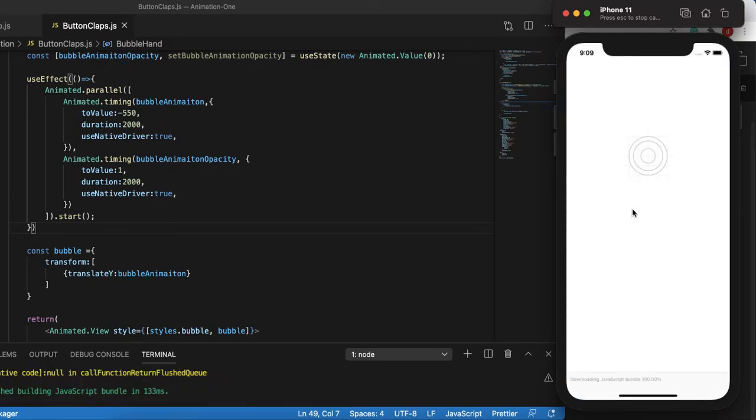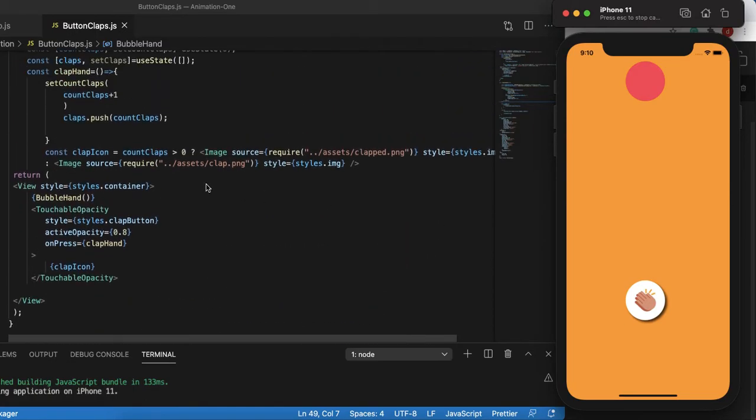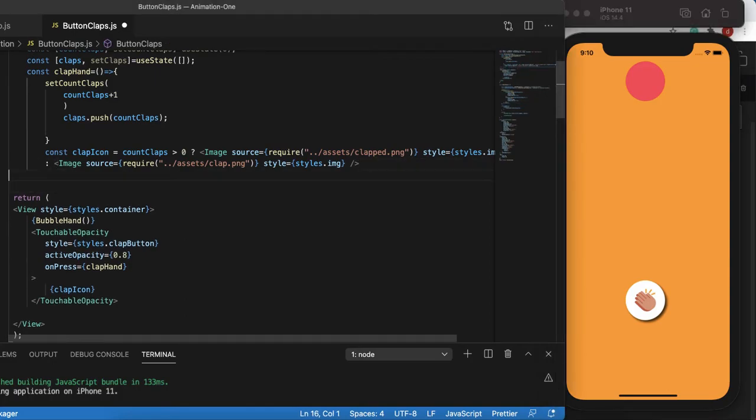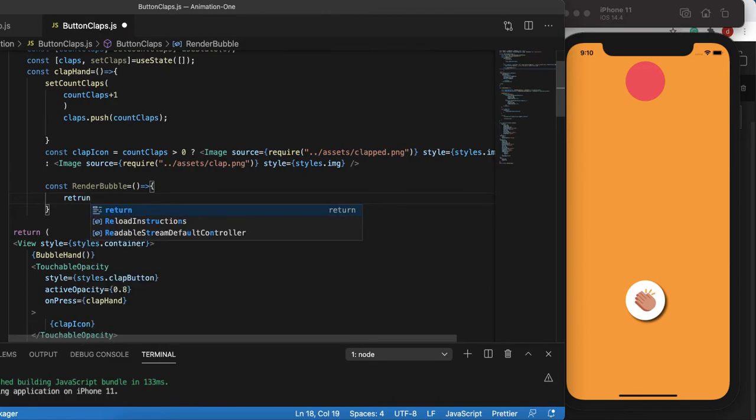Actually, we don't want it to auto start. We want it to get started once I click on this button, at that time, not before that. Okay, yeah. So let's go ahead and do that. And to do that, we need to define a condition. So we'll call this condition over here. All right. So let's create another function, and I'll call it renderBubble. Const renderBubble. For now, it doesn't take any parameters,